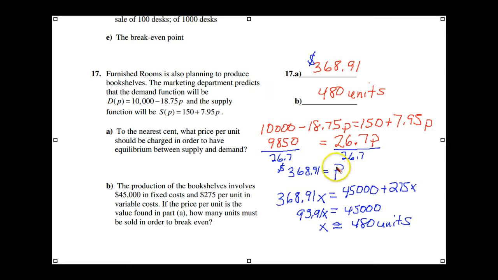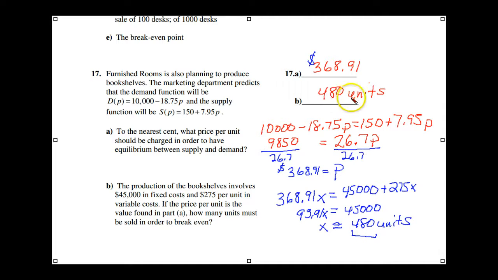Now, if this is our price, and it's price times number of units that need to be sold, so this is revenue, this is fixed cost, variable cost. Solve this equation, subtracting this from both sides, dividing this, we get approximately